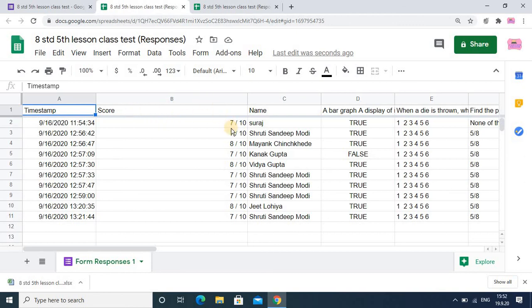So there is no need to check the student paper, but you have to keep in mind that in the lockdown session you should set an objective based paper as far as possible. If you do it like this, there is no need to check student papers, and you can immediately show the result to the student. You can apply this in FA exams or term wise exams, and it is better to take an objective based exam. But if you are setting a subjective based paper, then this will not be applicable.